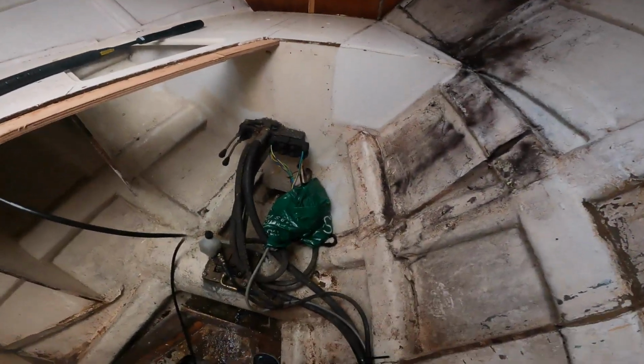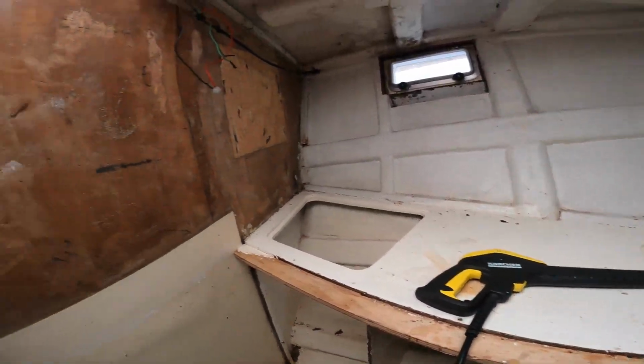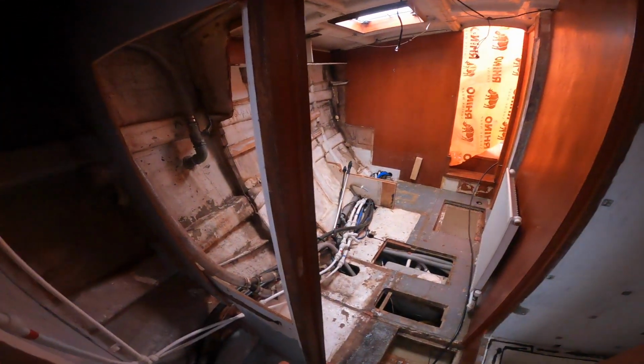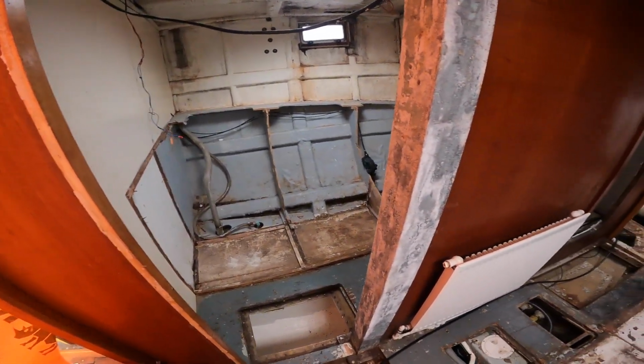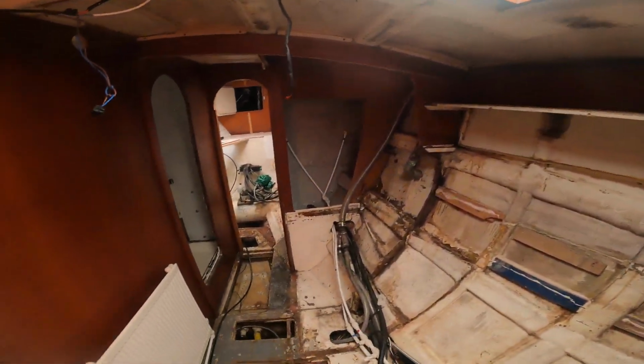It's going to be fun. I've made a small attempt to cover up electrical things, cleared out everything I can, and I've borrowed a jet wash. So my plan is to literally jet wash this entire forward space. I've just put a machine behind there. It's all going to be covered up a little bit better. And I'm just going to start at the top, ceilings, walls, work all the way down,